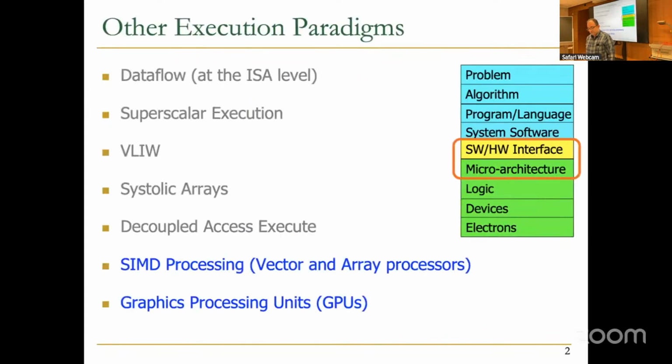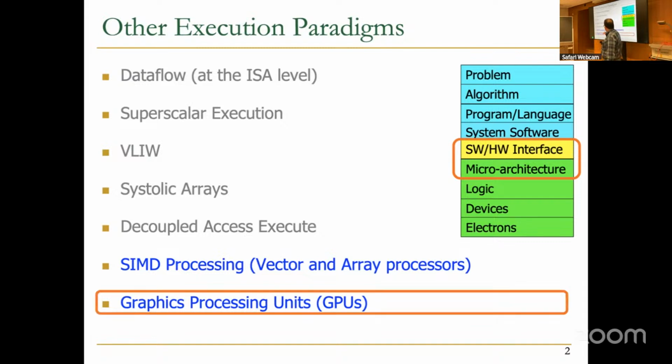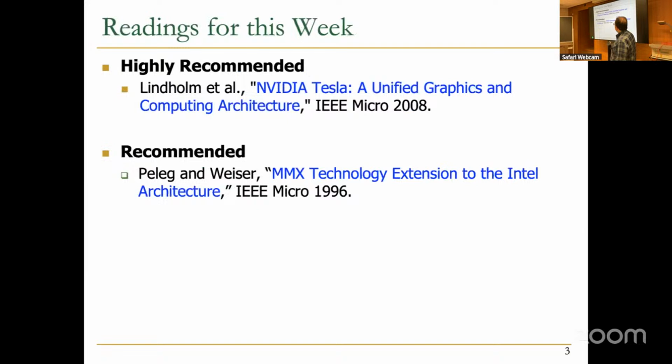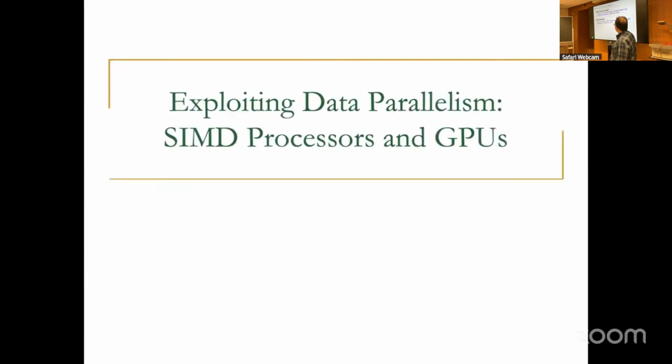Okay, so we have covered a lot of different execution paradigms in this course. I think we haven't covered systolic arrays yet. Probably we will cover it in later lectures. But last week we started talking about SIMD processing, vector and array. And today we're going to talk about graphics processing unit or GPUs. But before that, these are also some readings for this week's lecture. But I want to jog your memory. I'm going to quickly go over some of the important concepts that we covered last week